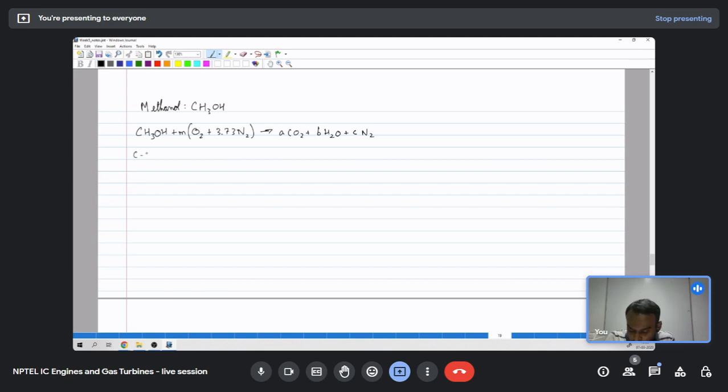If I do carbon balance, I have 1 on the left hand side and A on the right hand side. So value of A is 1. Then if I do hydrogen balance, I will have 4 on the left hand side and 2B on the right hand side. That means value of B is 2. And if I do oxygen balance,